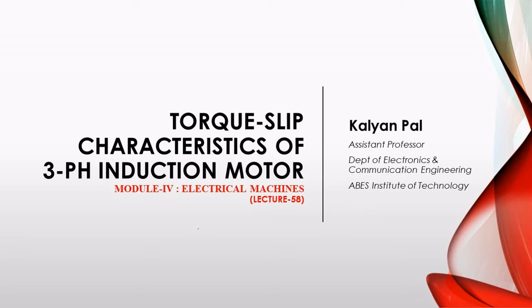So when the rotor is rotating, the relative speed between the rotating magnetic field and the rotor changes. Therefore, the parameters of the rotor circuit, that is the frequency, induced EMF, current, and power factor, all depend upon the speed of the rotor, or specifically, upon the slip. So there will be two conditions of the induction motor: one is the standstill condition and another is the running condition.